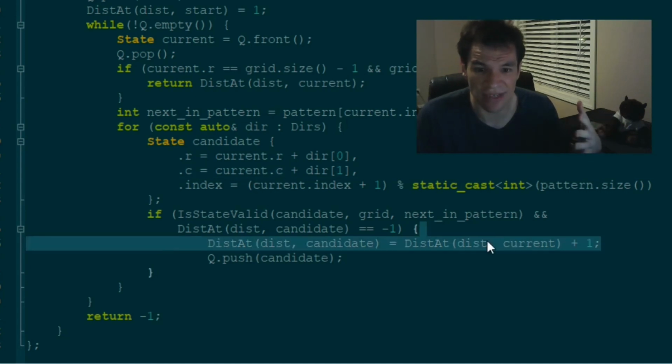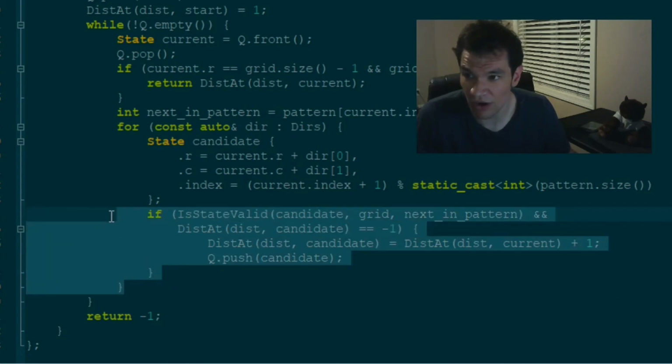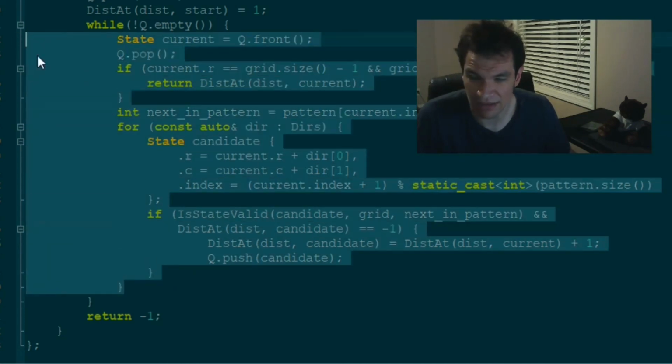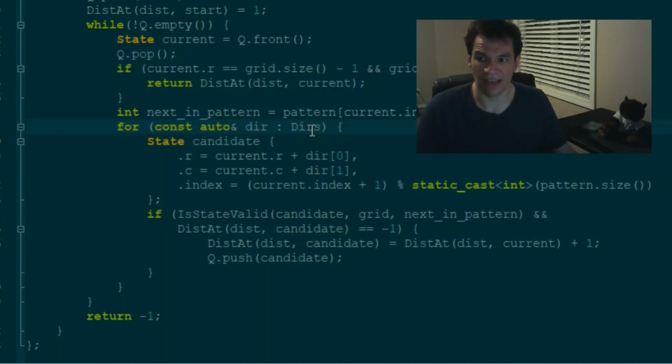Here, every state is visited at most once, and also each visit of a state that is distinct takes constant time. Here it's a loop, but it iterates a fixed amount of times.